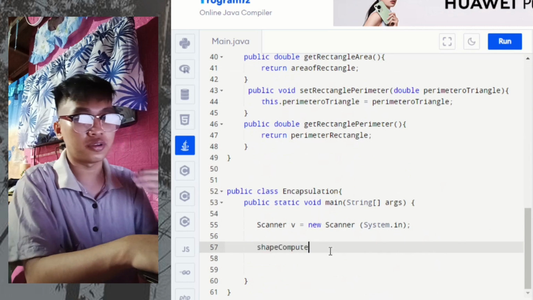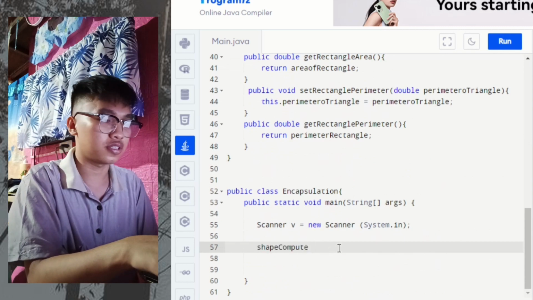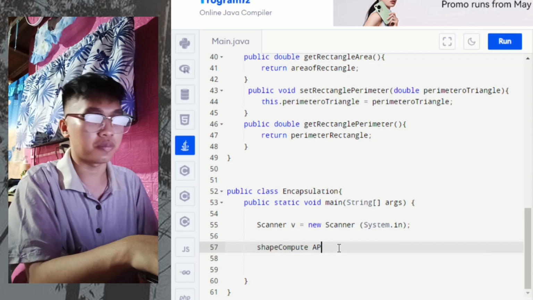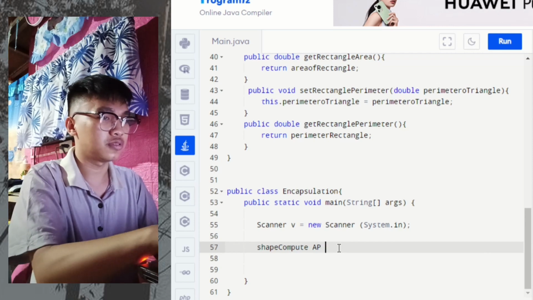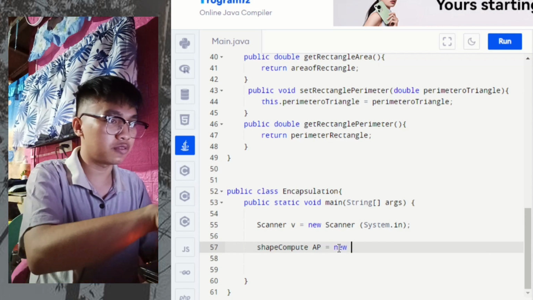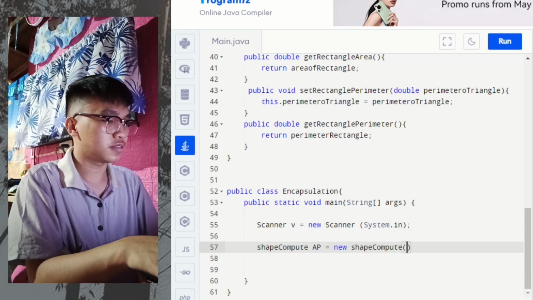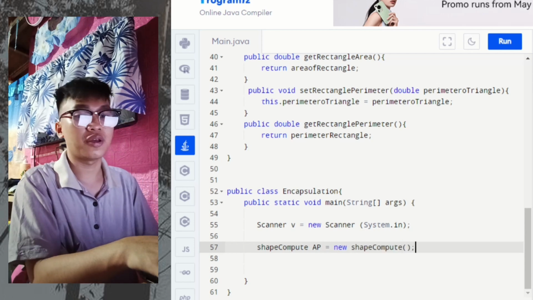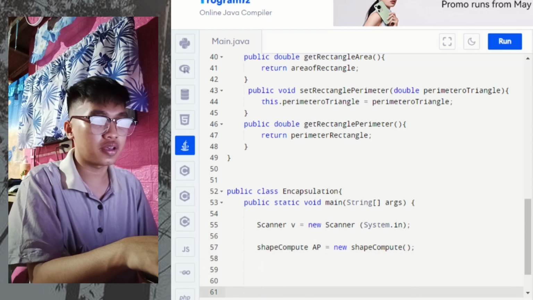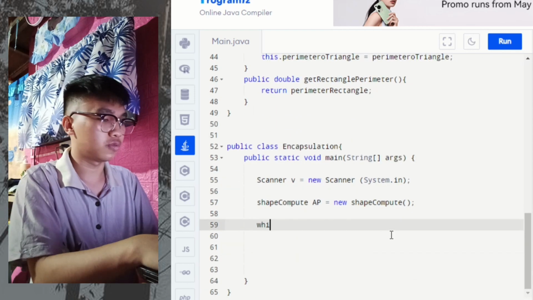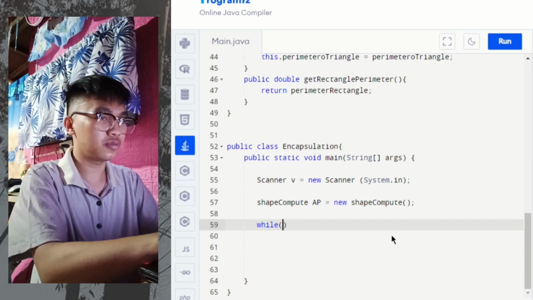and your object name, which let's say ap stands for the area and the perimeter, is equals to new, then again the class name, which is the ShapeCompute, and the parenthesis and the semicolon. So under this, we have to create a switch. But before that, we have to create a while loop for the